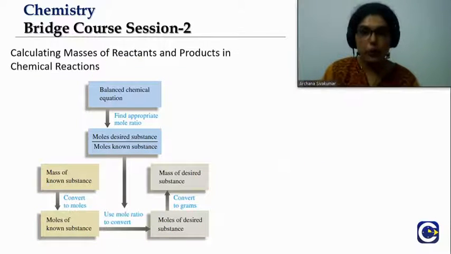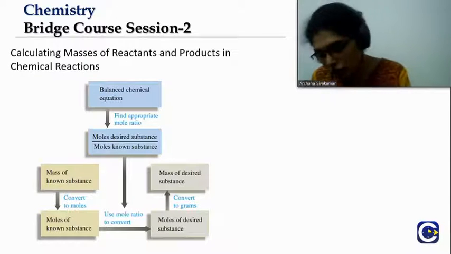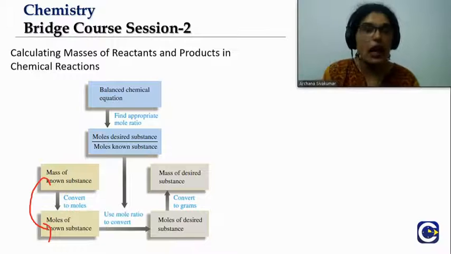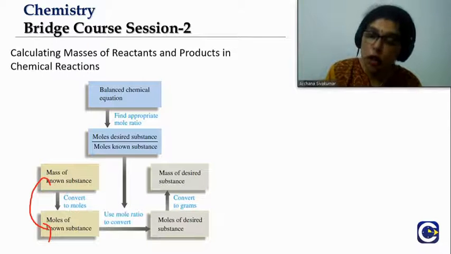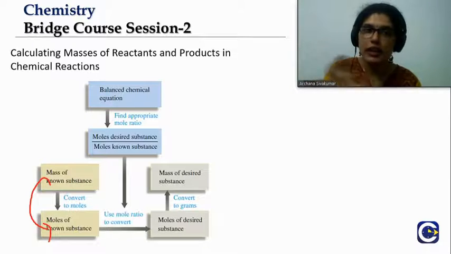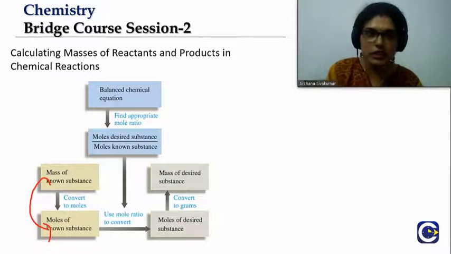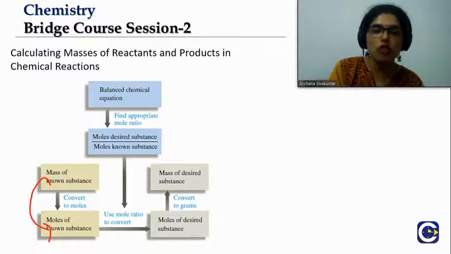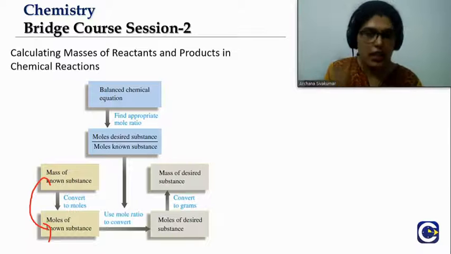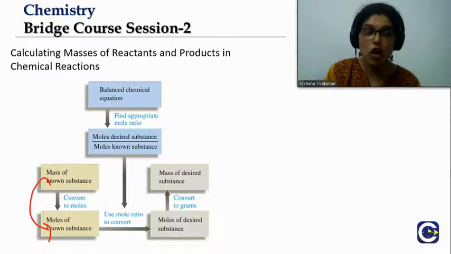So this is what we do when we have to calculate the mass of reactants or products. If the mass of a known substance is a reactant, I'll be able to find out the mass of the product which will form also, because based on the previous equation, 1 mole of propane gave out 4 moles of water. So that is always constant. If I take 1 mole, it will give 4 moles of water only. So using the same theory, using the standard ratio, I'll also be able to find out the mass of products.